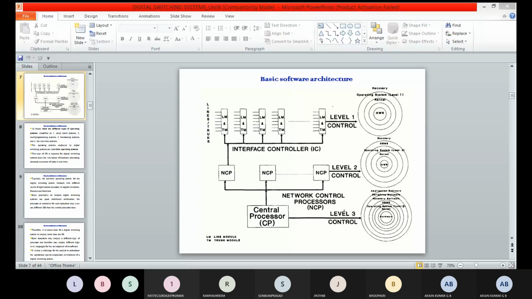Most of the real-time operating system controls that we use, most of the DSS will access the kernels. That is the main memory. The highest priority is given to the system maintenance interrupt, followed by the other types of interrupts required for the call processing and the other